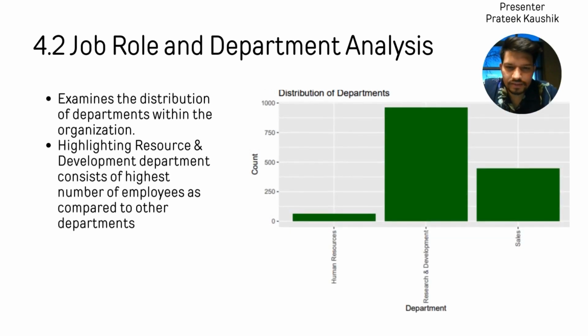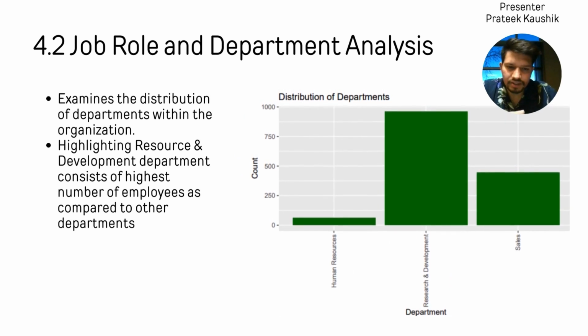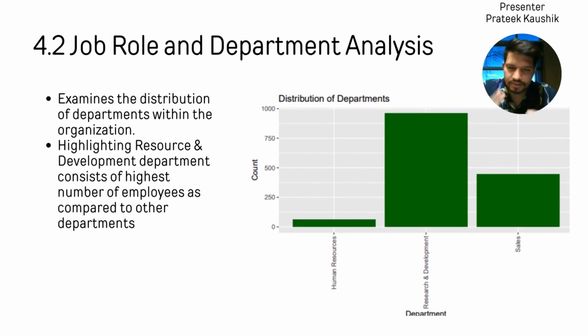So in our next visualization, we have the distribution of departments bar chart, which depicts the departmental distribution. It highlights that the research and development (R&D) department has the largest workforce, followed by sales. And interestingly, the human resource department is the smallest, which aligns with our findings on the job role distributions. This dominance of the research and development department might signal the company's primary business function and or industry focus,